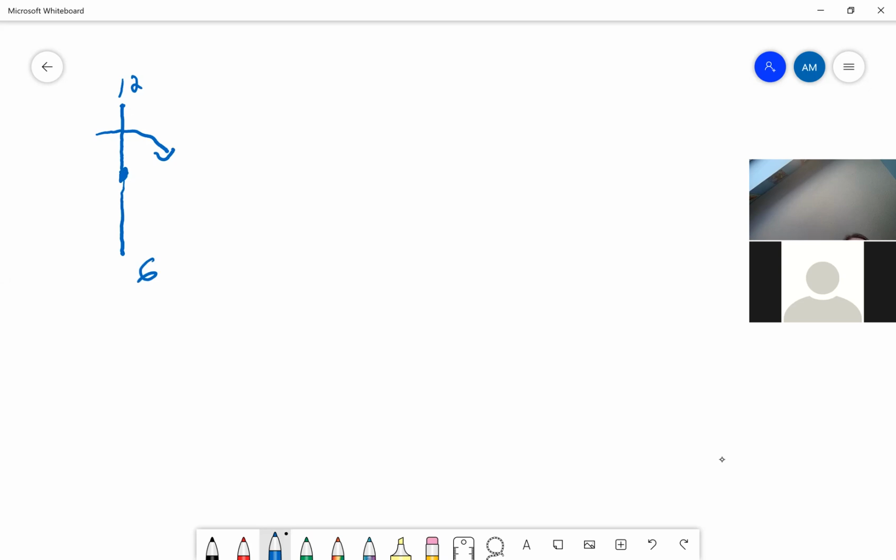So this is a second hand, and a second hand goes all the way around a clock in 1 second. So if it's going from here to here, the time is half a second. And the angle from here to here, I hope you can see, is